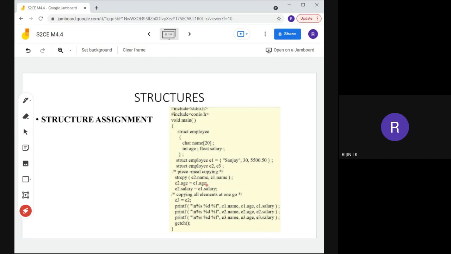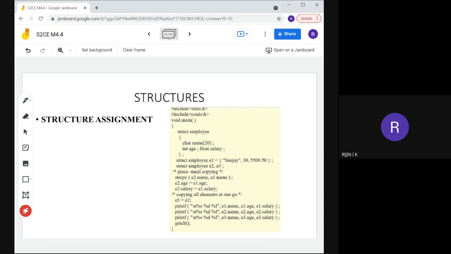That means it will copy the age value, here 30, to E2.age. Similarly, E2.salary is equal to E1.salary. Likewise you can copy each element that is present in the structure.